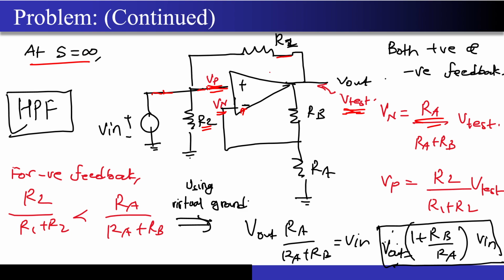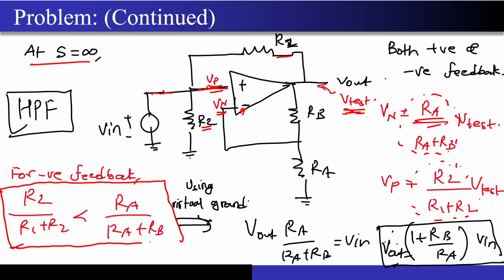Now if I want this circuit to have the negative feedback, right, I don't want to create an oscillator. This is a filter, right, that we are trying to design. So now what condition should I impose? So this Ra upon Ra plus Rb, right, it should be much higher, or at least a little bit higher than R2 upon R1 plus R2, and this is the condition that we have actually enforced over here. Once and only once you enforce this condition, you can apply the principle of virtual ground.